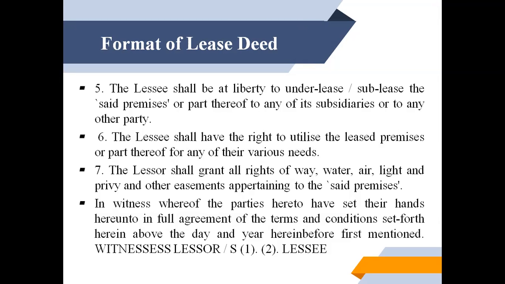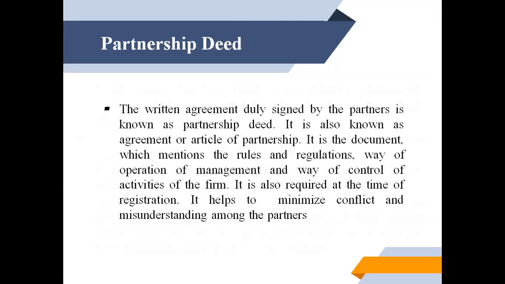The lessor shall grant all rights of way, water, air, light, and privy and other easements appertaining to the said premises. In witness whereof the parties hereto have set their hands hereunto, in full agreement of the terms and conditions set forth hereinabove, the day and year hereinabove first mentioned. Witness, lessee, and lessor. So this is all about the lease deed. Now we are going through